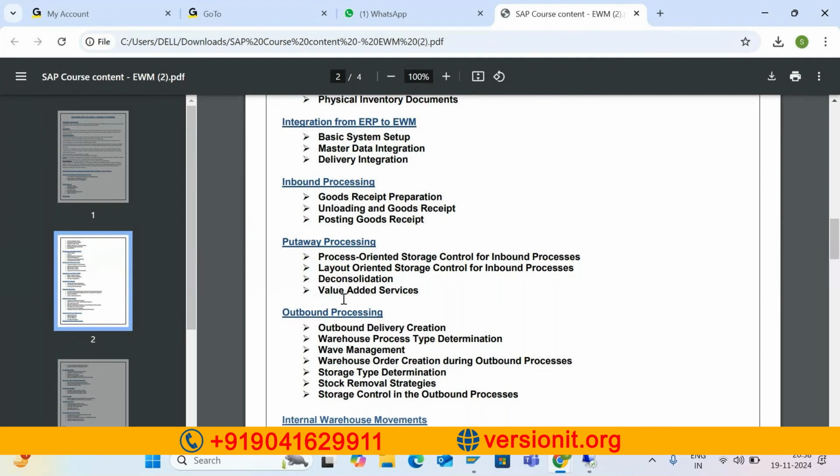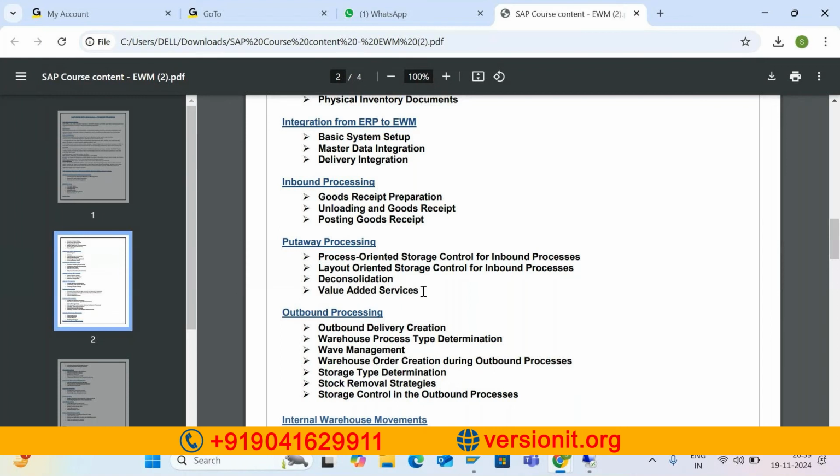Such value additions we will be doing before we actually sell a material to the customer. So those value added services are also part of our upcoming discussions,